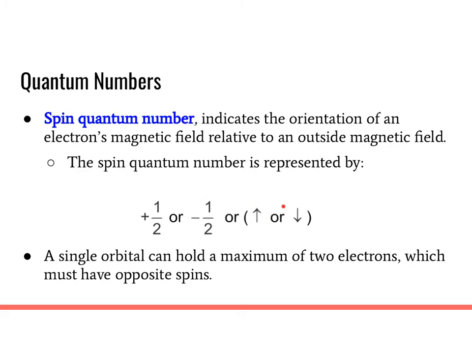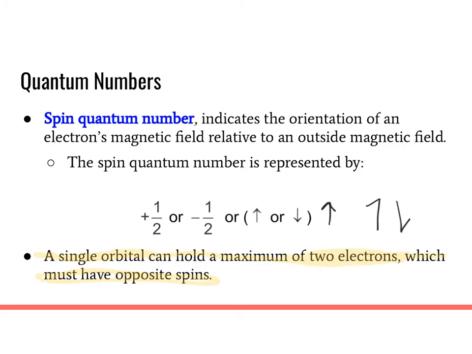The other way of showing that is just as arrows, as either up or down. Another thing that you can do instead of doing a full arrow is, I'm super lazy and I just do a half arrow like that for up and a half arrow like that for down. So that means the exact same thing. So a single orbital can hold a maximum of 2 electrons. This is pretty important. I'm going to highlight this. A single orbital can hold a maximum of 2 electrons, which must have